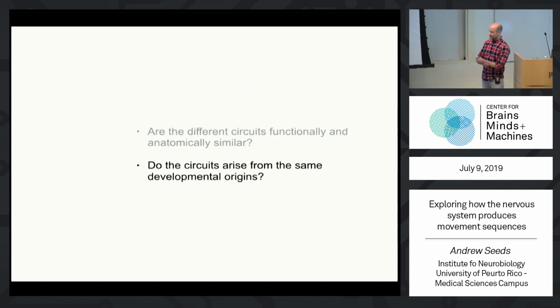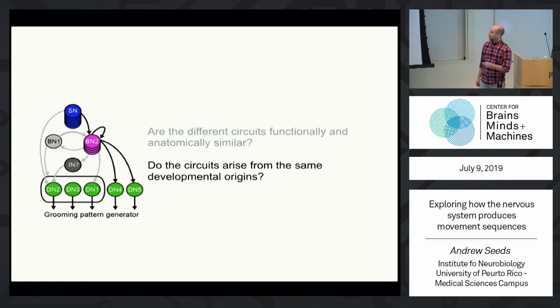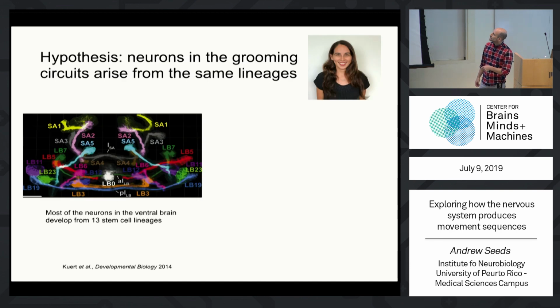Okay, so the last thing that I want to mention here is that the fact that all of these BN2s seem to be very similar has led us to address the question of whether these circuits arise from common developmental origins. And so what Amelia Merced in the lab has done is to start a developmental project where she hypothesized that neurons in the grooming circuits arise from the same stem cell lineages. And so the ventral part of the brain is established by 13 different stem cell lineages that form these clusters of neurons that have very similar